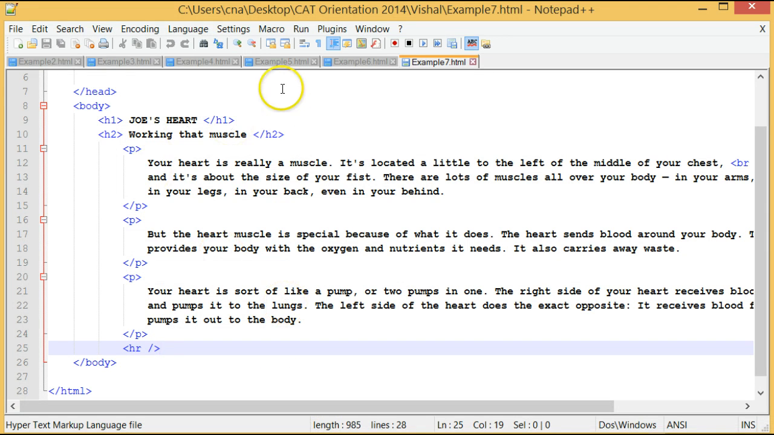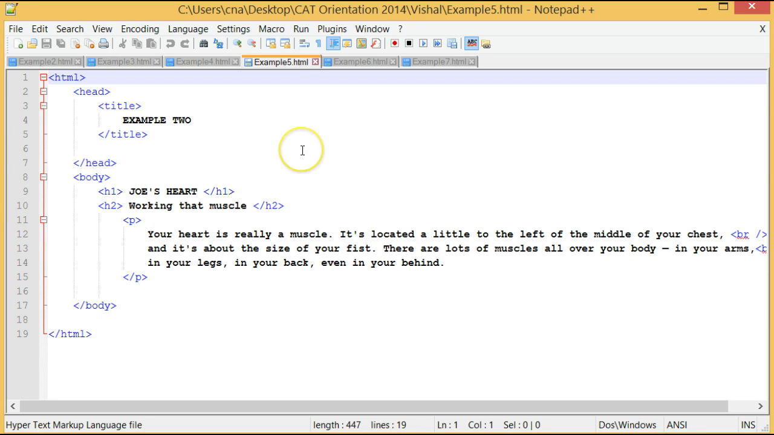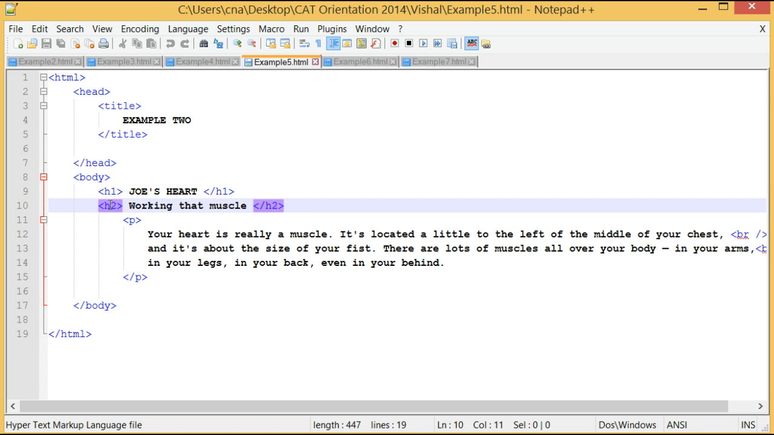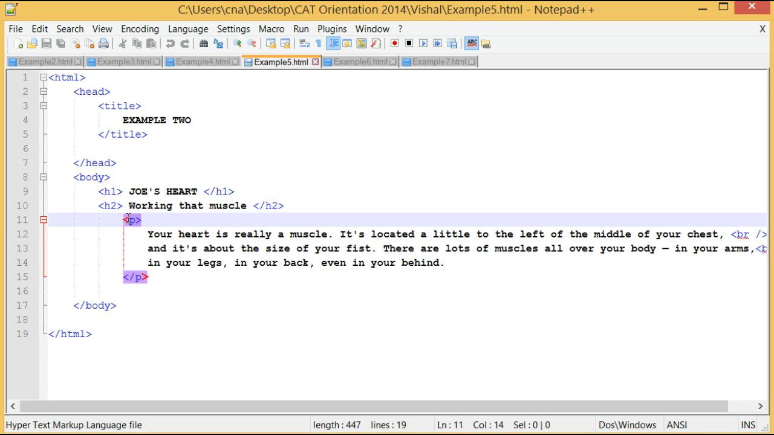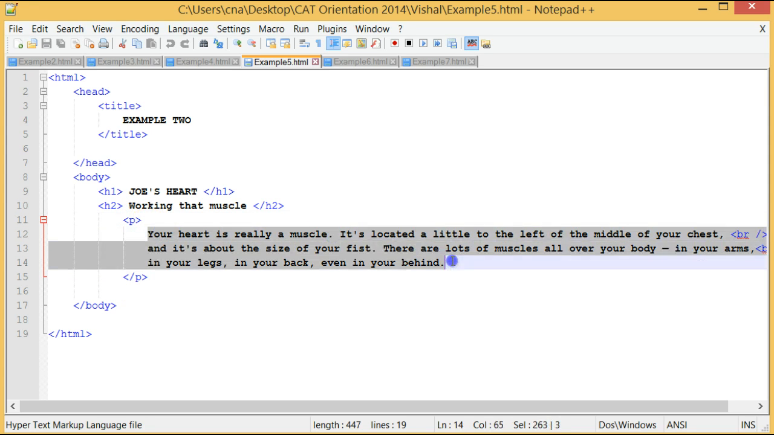Let's look at example 5. In this example, we have a heading, heading 1, Joe's heart, heading 2, which is a subheading, working that muscle, and then we have a paragraph. Note the opening tag and the closing tag. Whatever I want in the paragraph lies between the opening tag and the